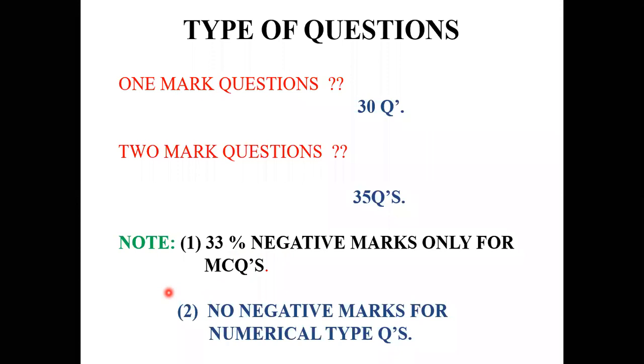So here you don't have multiple choices. When you have the multiple choice questions, automatically you can pick any one of the answers from 4 options. So that's why they are using negative marks here. But when you have the fill in the blanks, you cannot pick up one answer. You need to solve that problem. Only by solving that problem can you fill up that blank. So that's why there will be no negative mark for numerical type questions. This is nothing but a type of questions.